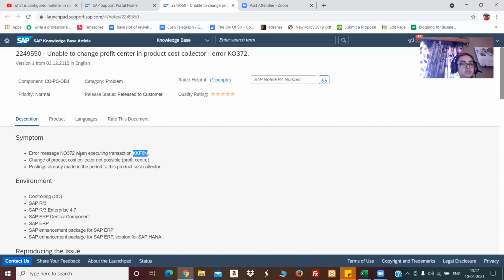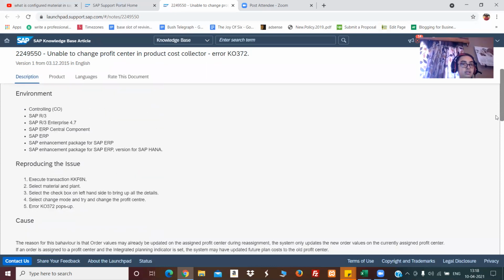The symptom says this error message appears when executing KKF6N, which I got. Next is change of profit center in the product cost collector not possible. That's true for my case. Posting already made in the period to this product cost collector. The first two symptoms are exactly the same as what I faced. Now I'm scrolling down in order to understand what solution they are proposing.